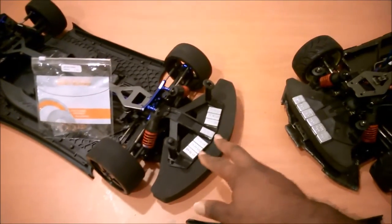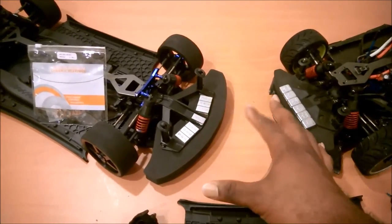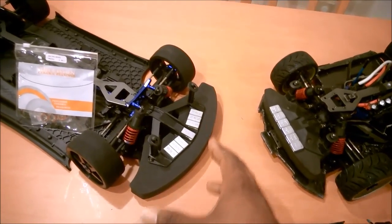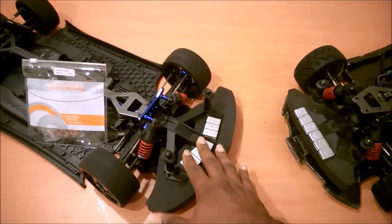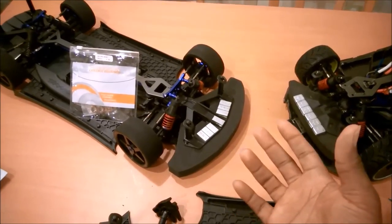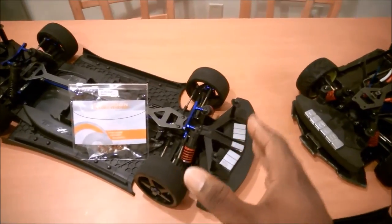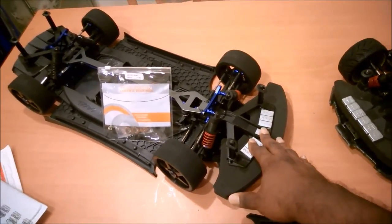Another thing you see is there's weight on the front of the car. This isn't a lot of weight by any stretch of the imagination, because a lot of the guys running XO-1s put a lot of weight on the front to try to keep it down. I've seen over a pound on the front of an XO-1 before. Do you need to do that? Well, I haven't actually run the XO-1 XP yet, so I'm not sure how nose happy it gets. But I also noticed that a lot of those guys who were putting extra weight down didn't have the high-speed spoiler